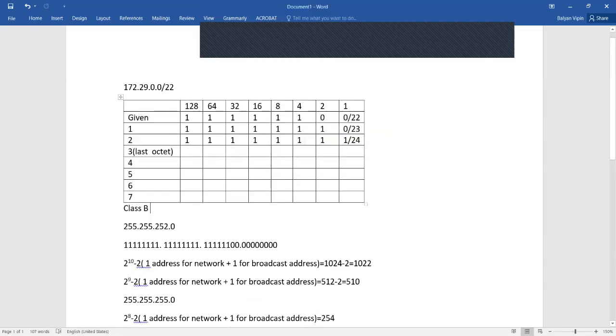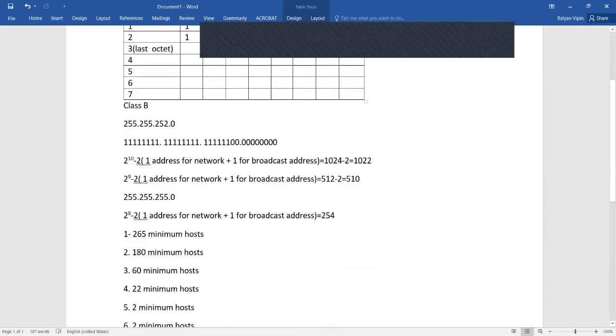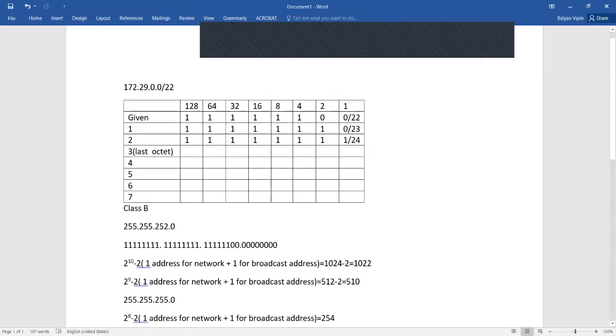Now, the number of users which can be accommodated using the subnetting here, the next one we need to accommodate is 60. If you remember my previous videos, you started counting from the right: 1, 2, 4. Or you can just look at the number 64.